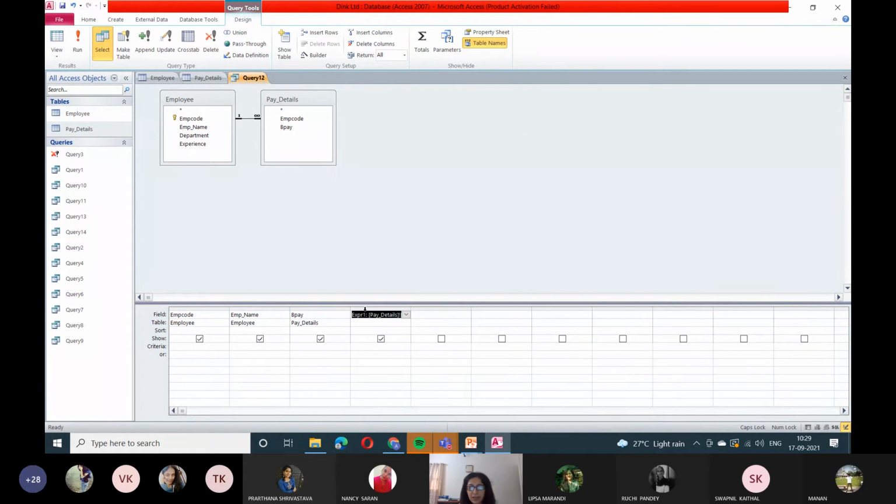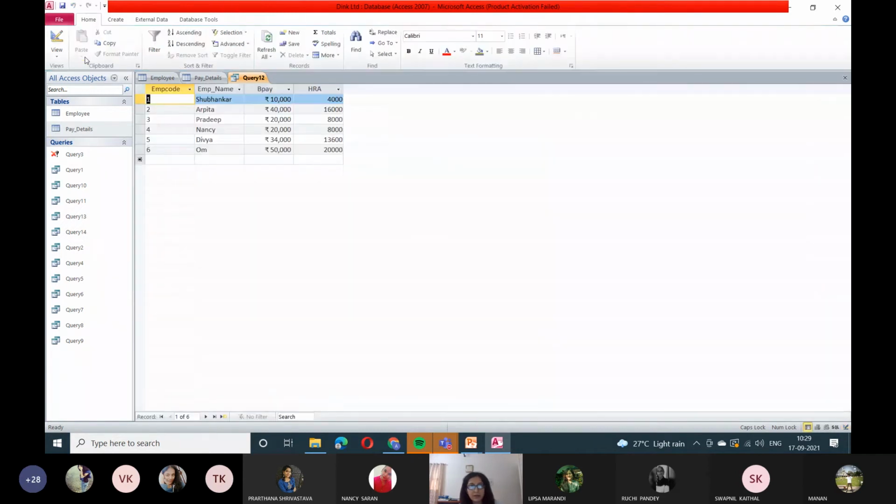Now as soon as I clicked OK, I will do it now, don't worry, right now I'm just showing. Here it will show by default Expression 1, because you have created the first expression. Now I want to name this HRA. I wrote HRA and I run. See here, what happened? Automatically it calculated the HRA, that is 40%. You can see 40% of this much, 40% of this much is already being calculated.